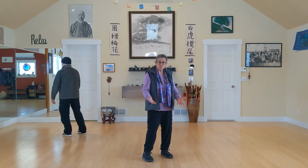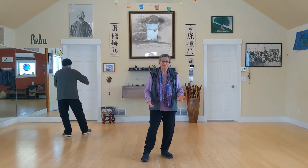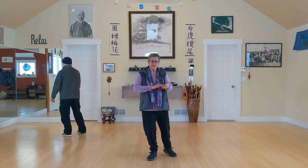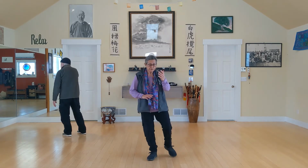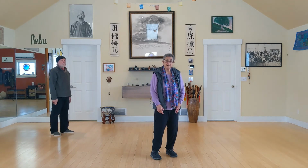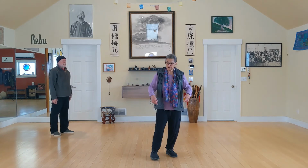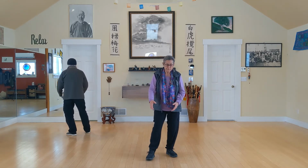That's not critical and crucial, but if you've got your feet oriented with one another properly, that's likely to be what happens. If you step to a place that is comfortable and isn't some place that you're reaching for, chances are you'll end up in a position where when you come here, your feet will go parallel. The weight is still in the left leg. Don't let the parallel feet fool you into thinking the weight has shifted into the right foot. At the same time, again, all driven by the waist, the arms drop and follow the movement of the waist,